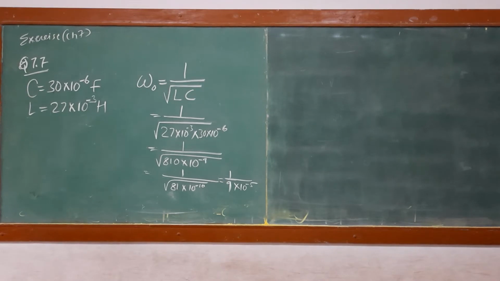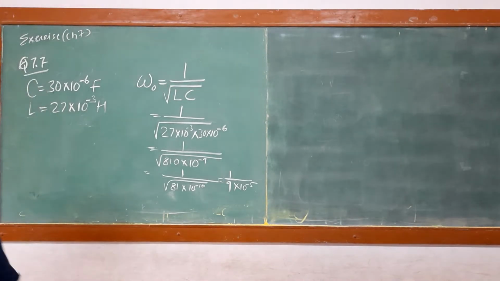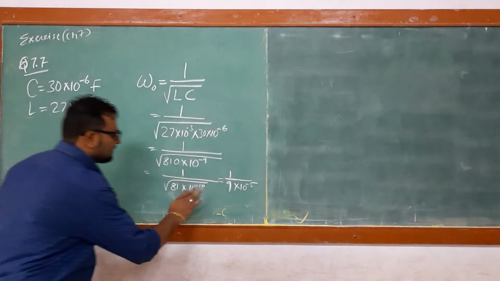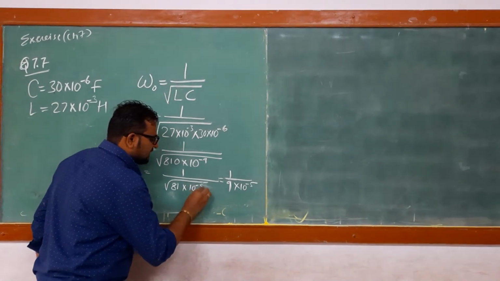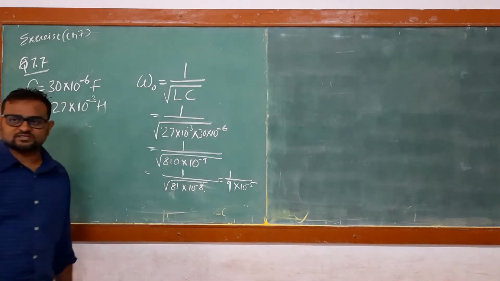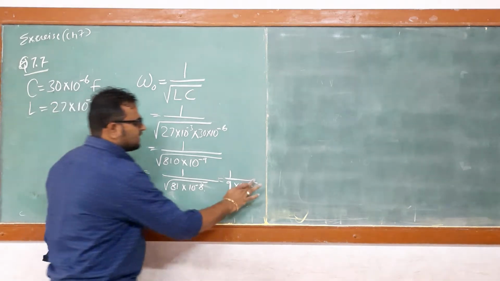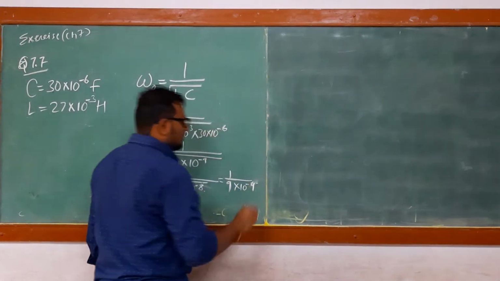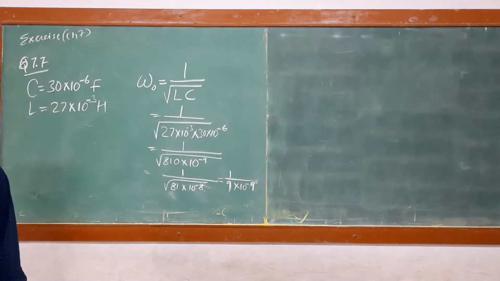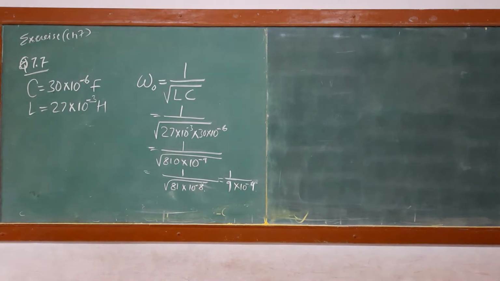So now taking the square root, it's 81 into 10 raised to minus 8, minus 9 plus 1, so this will be equal to minus 4. Okay, so 1 divided by 9 will be equal to 0.111